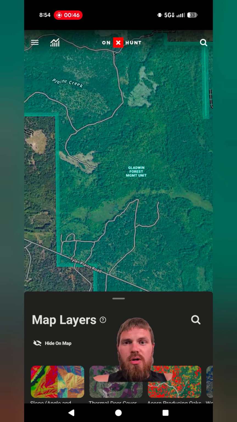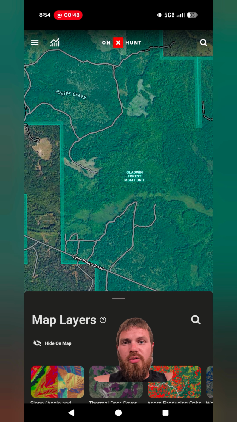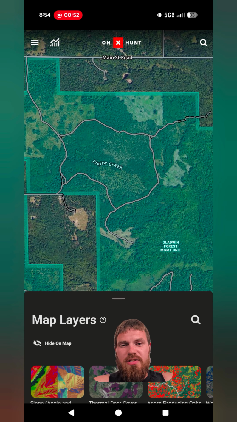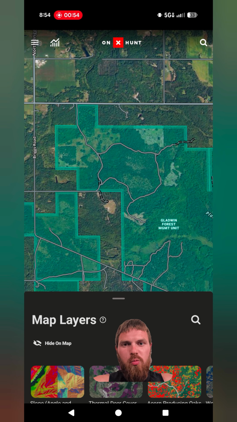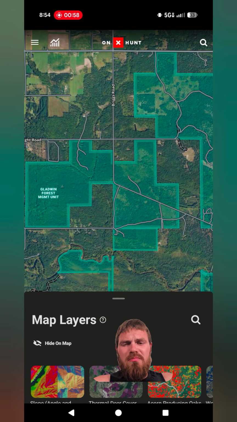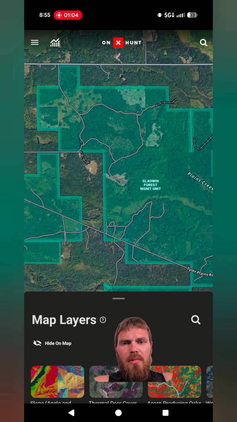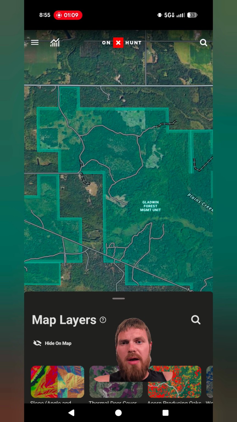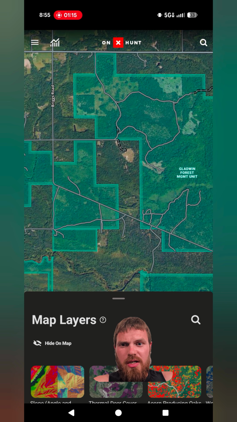So that's what this light green or dark green shading is, all these boxes. Obviously this is not one big chunk, one perfect square. A lot of state land in Michigan is broken up into different sections that the government has acquired throughout the years. So this chunk has all different features surrounded by private land, and it looks like there are quite a few different access points that maybe you can get into,